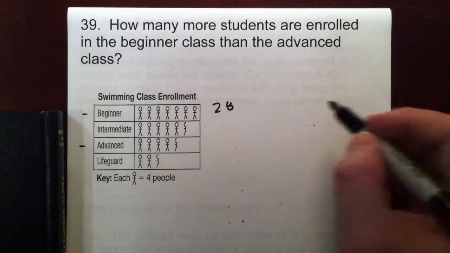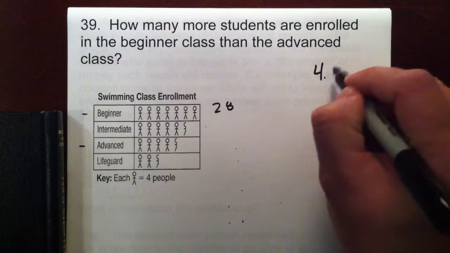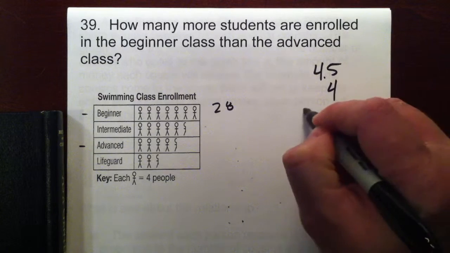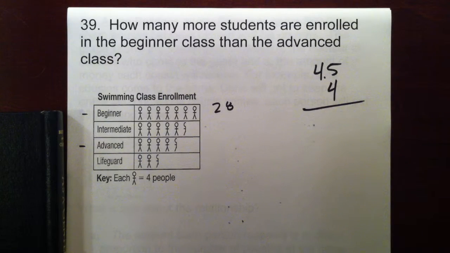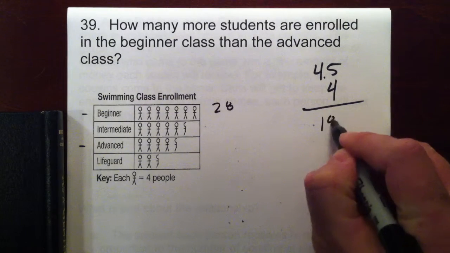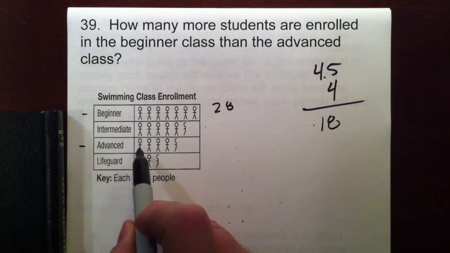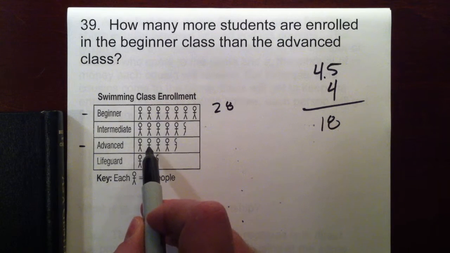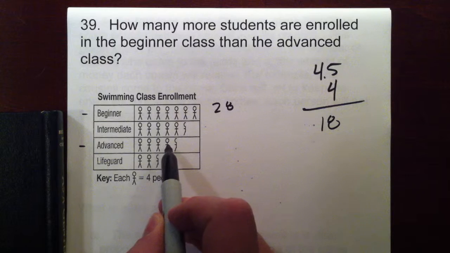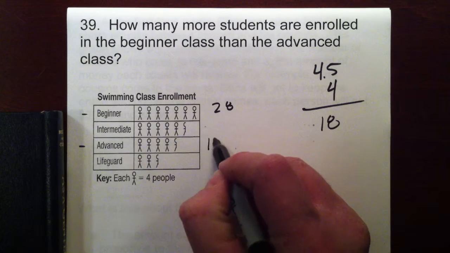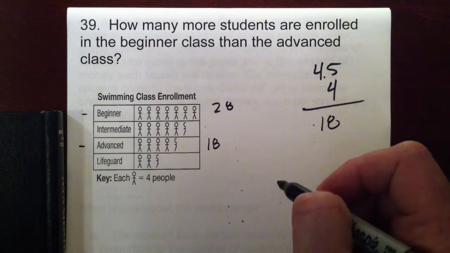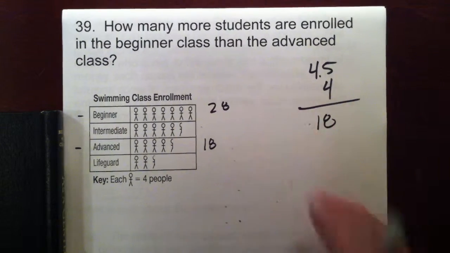So you could do this one of two ways. You can multiply 4.5 times 4, and you can get 18. Or you can say 4, 8, 12, 16, and half of 4 is 2 to equal 18. Either way you do it is fine with me. Now, we're not done though. We have to find